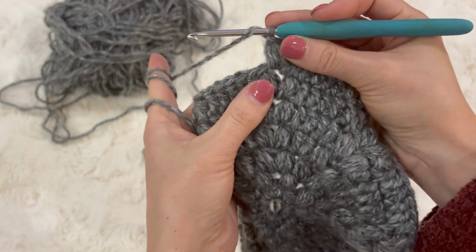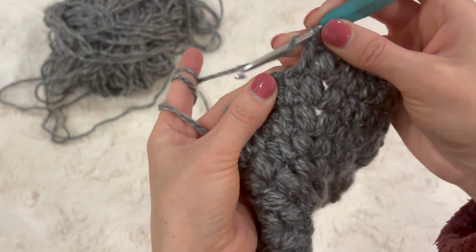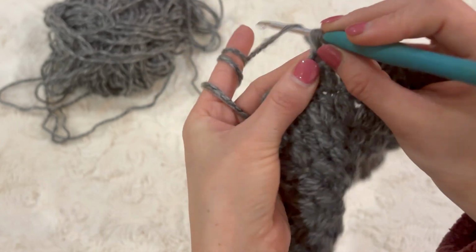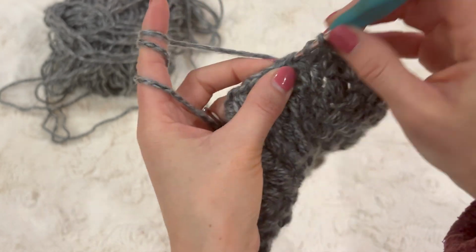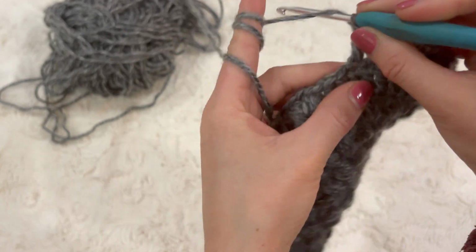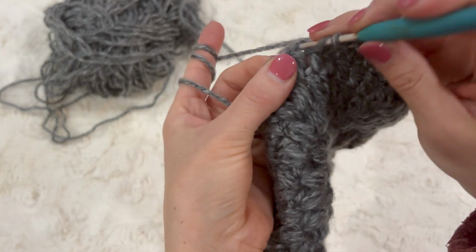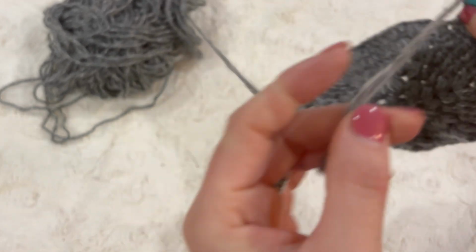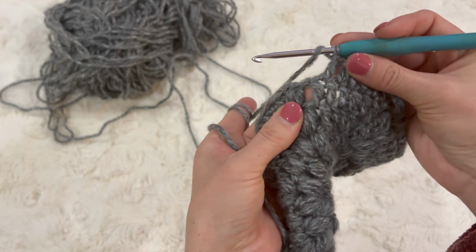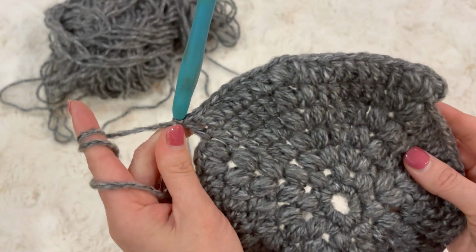Double crochet between puff and double crochet on top of the 6 double crochets we did previously. 2, 3, 4, 5, and 6. Double crochet between double crochet and puff stitch, and that makes 8 double crochets, and we're just gonna